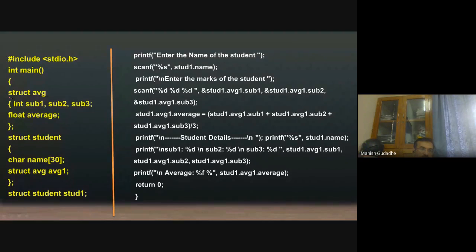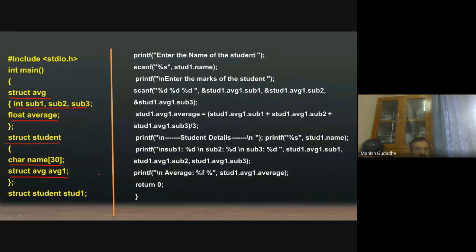So before main, structure AVG is declared having 3 subjects and the average in that. We are not creating any variable for this. Now the structure student is defined, and we are writing a character name and a structure AVG1. It will have exactly the same effect as that of the previous one.